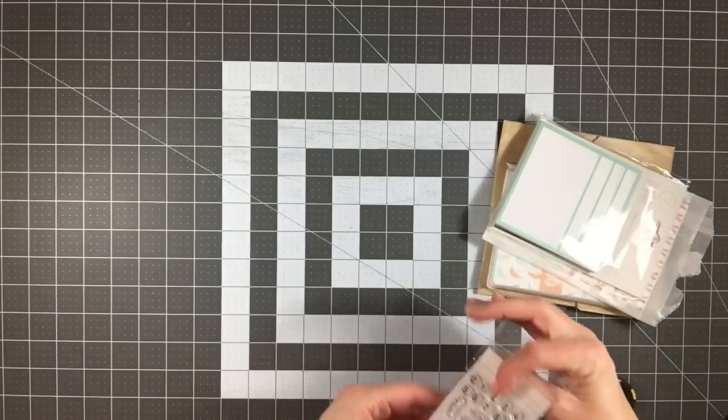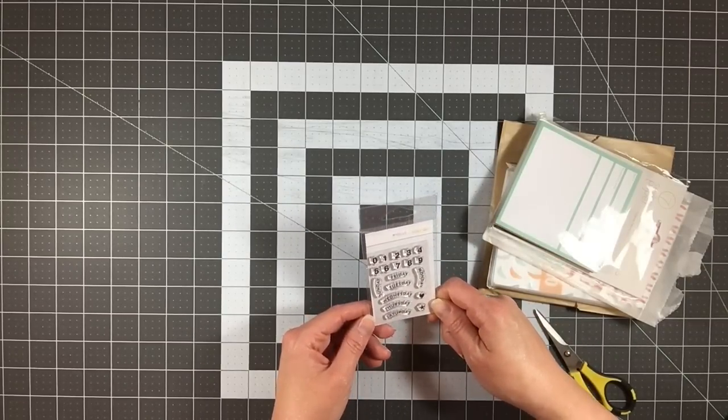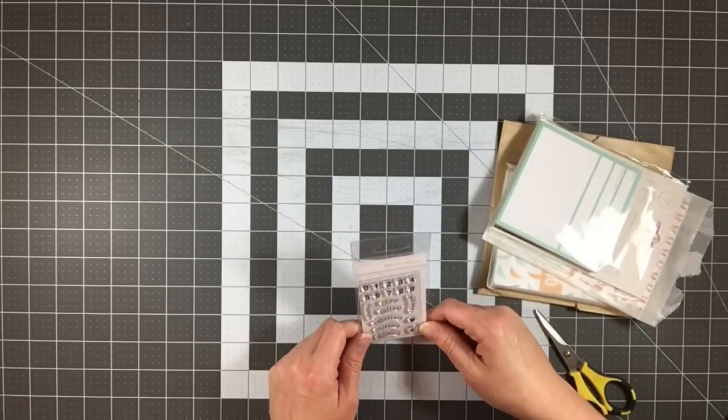All right, I've got another stamp set. This one is Hello Forever and Studio Calico again, and I thought this was another perfect one for the planner. It has all the days of the week, and then 0 through 9, a heart and a star. And these,